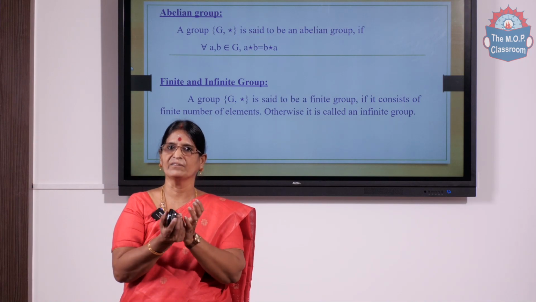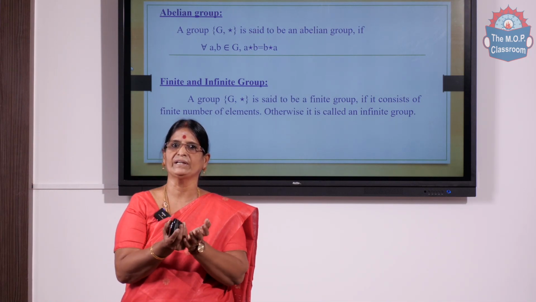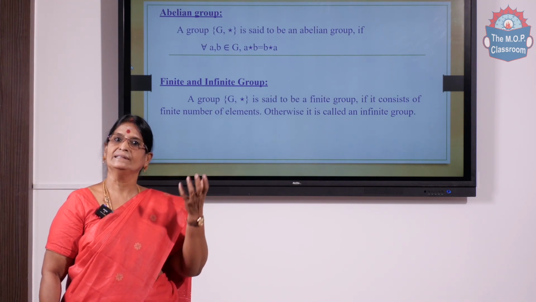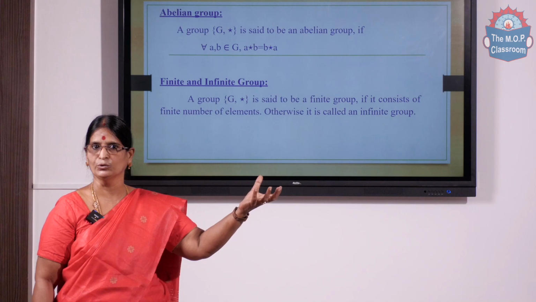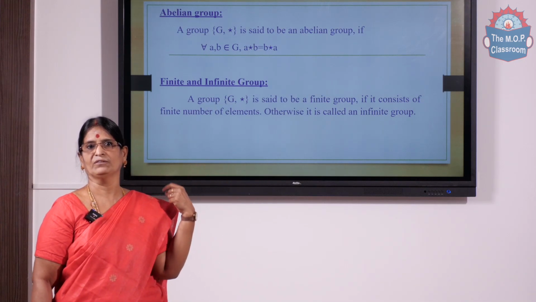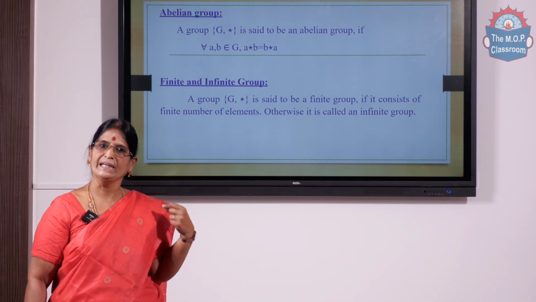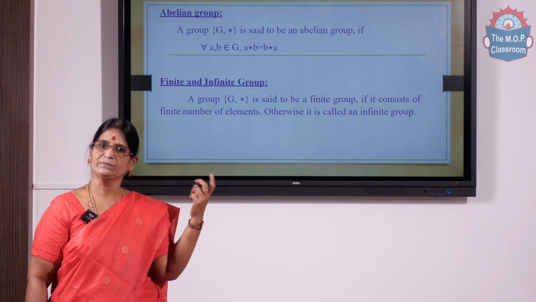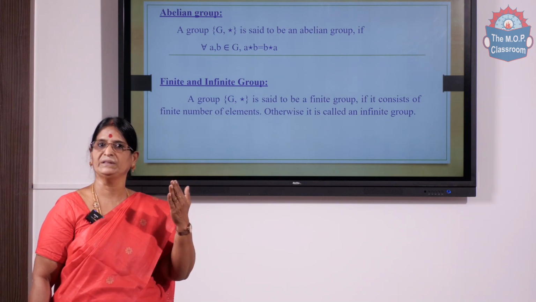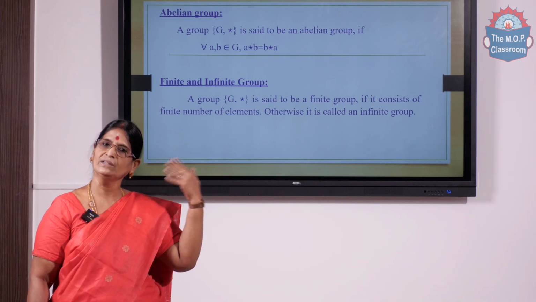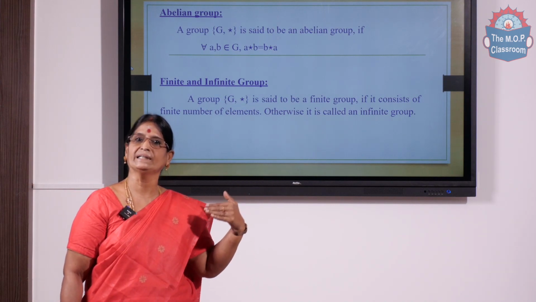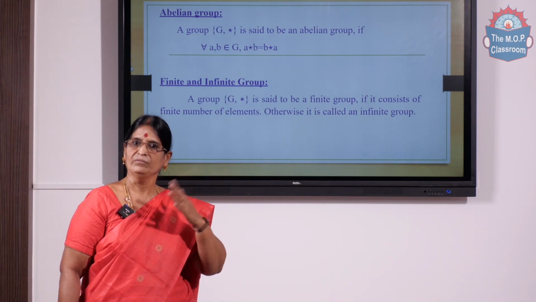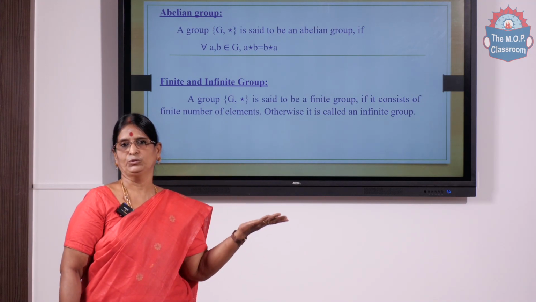Then only it forms a group, and we take that structure. Let G be a group with respect to the binary operation star. That group is said to be an abelian group if for every two elements A, B in G, A star B equals B star A. On the left-hand side I take A star B, and on the other hand B star A. If both sides give the same element,